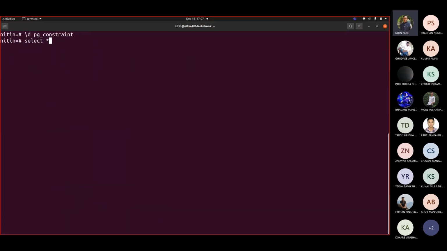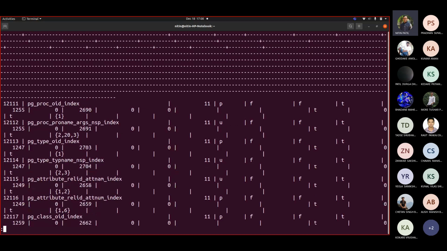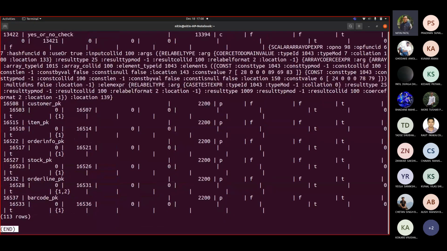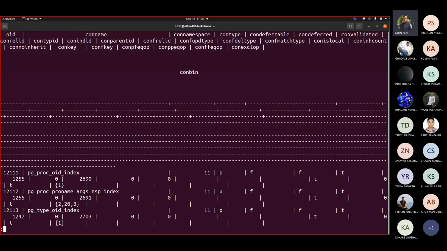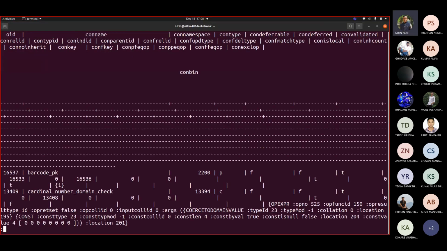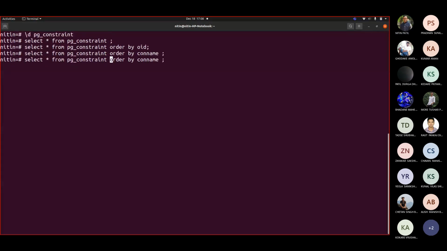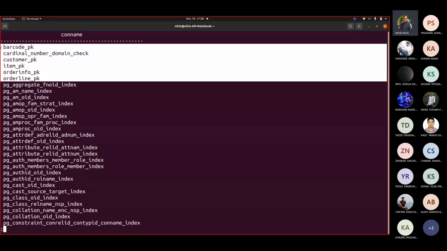So suppose I write select star from pg_constraint, you would be seeing different names and so on. So if I write order by OID, or order by constraint name, you may see these were the constraints that were added by us.